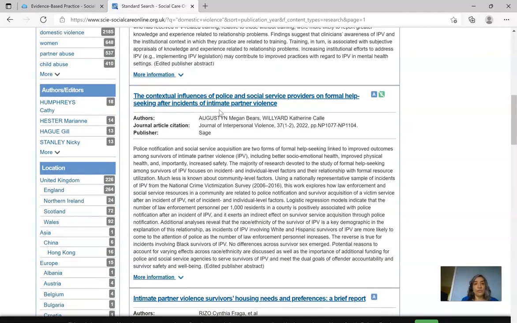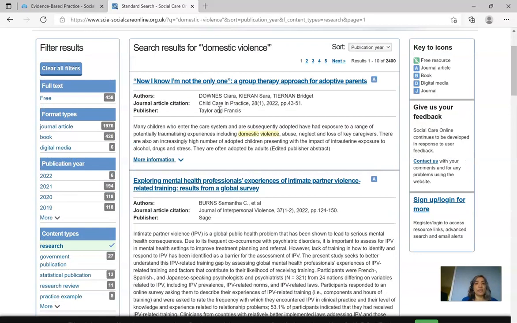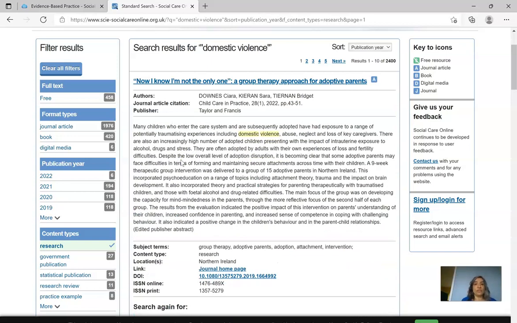So I'll scroll back up to the top. So remember, I've chosen just research and I've ordered by date, and I'm not just including the free materials, I'm including a lot of other materials as well. And then I'll just have a look at the information that's there to decide on if the article is relevant to me. So you can see the title, you can see the date of publication, and then you can see a description. And it's advisable to click on more information so you find out a little bit more about the